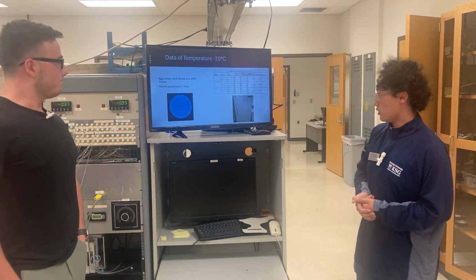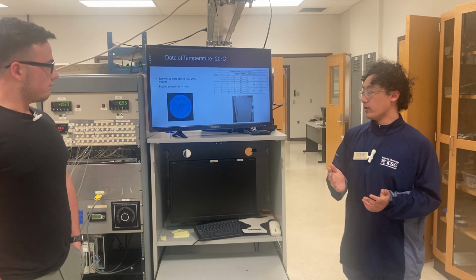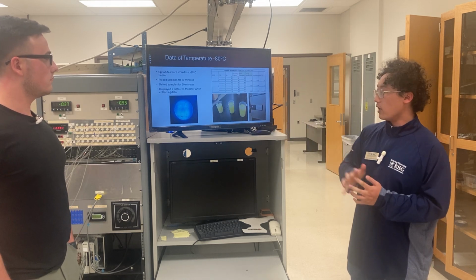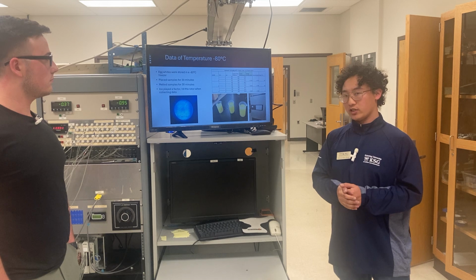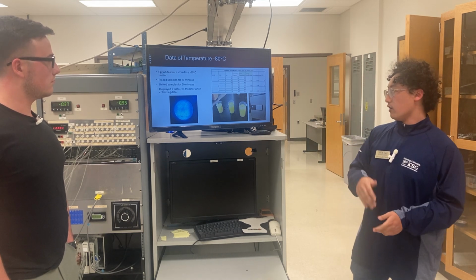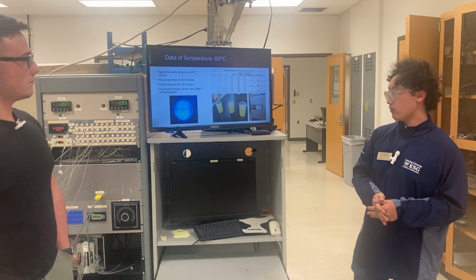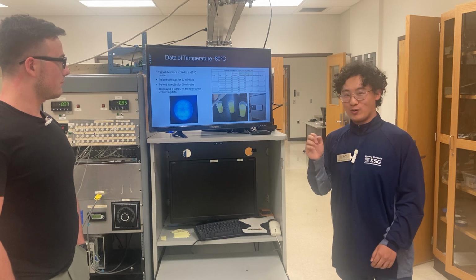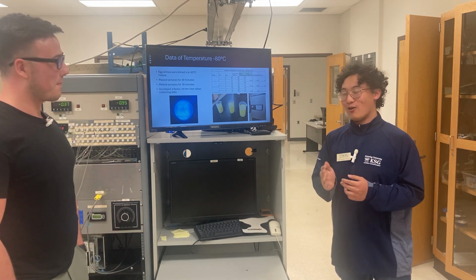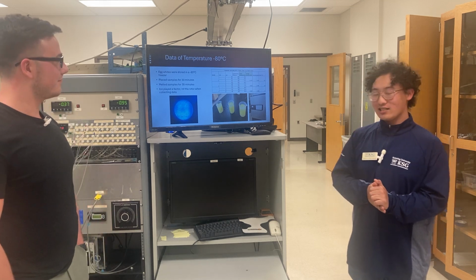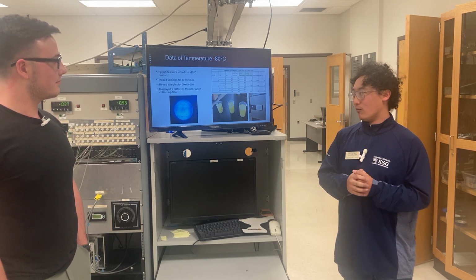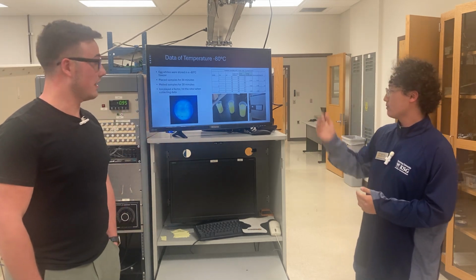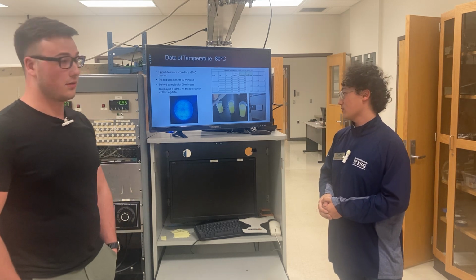Like Augian was saying, we placed the samples for an hour in the negative 20 degrees Celsius freezer that the biolab gave us. Then we used another freezer at negative 80 degrees Celsius, also from the biolab, but instead of an hour, we only placed it for 30 minutes. We didn't realize it would be so frozen after 30 minutes, so we had to let it melt for another 30 minutes, and ice definitely played a huge factor as the rotor was hitting the ice when collecting the viscosity data. You can see here that it significantly increased the viscosity for the colder sample.